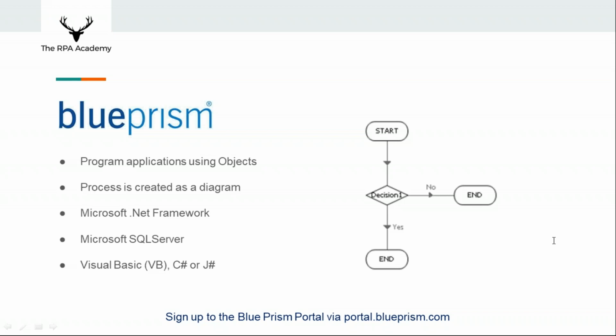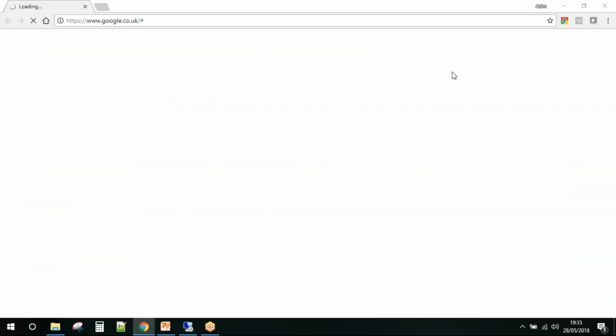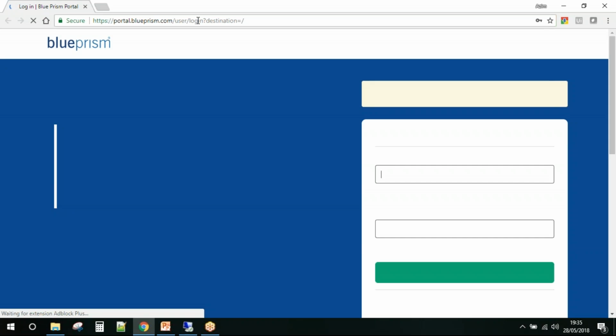Now, one last tip for you guys. Sign up to the Blue Prism portal at portal.blueprism.com. If you're not signed up already, make sure you do. There's a ton of stuff in there. A lot of the things we will cover here are already in there, but obviously a lot of it isn't. It's a good place to be. Especially, you need a portal account to be able to do the certification if that's what you'd like at the end of it.